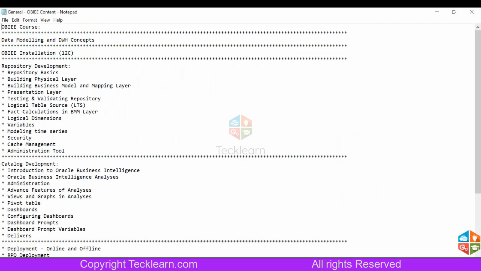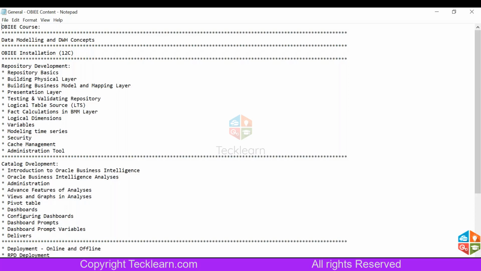Basically, what is OBIEE, before going to the course content? It's a reporting tool, in simple words, an application provided by Oracle. Oracle is famous for its data warehouse offerings and security models for storing data. When someone says database, Oracle is one of the first things that comes to mind. Along with databases, it provides many middleware applications, reporting tools, ETLs, and many other things.